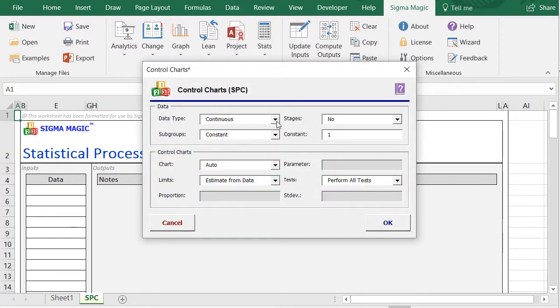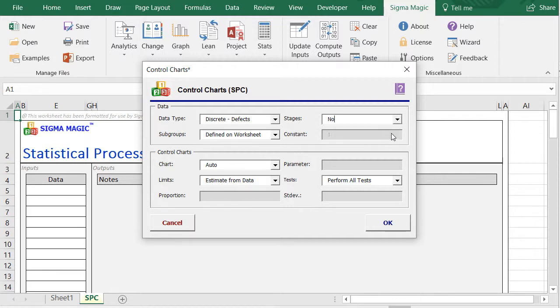this analysis. In the Data section, specify the data type as discrete defects. If the subgroup size were constant, they could be defined here as constant, but in our case the number of TVs produced are different each day, so we specify that the subgroup size is defined on the worksheet. If there were any stage information for this problem like data collected before and after improvement, we could specify the stage information, but in our case we only have one set of data, so we specify that there are no